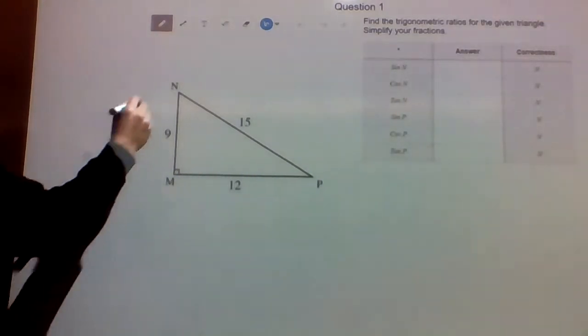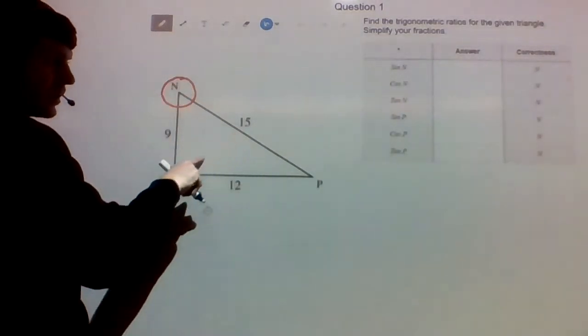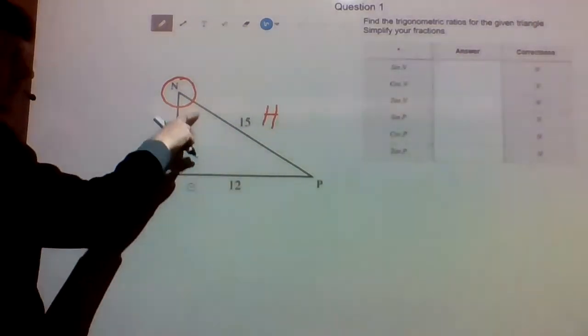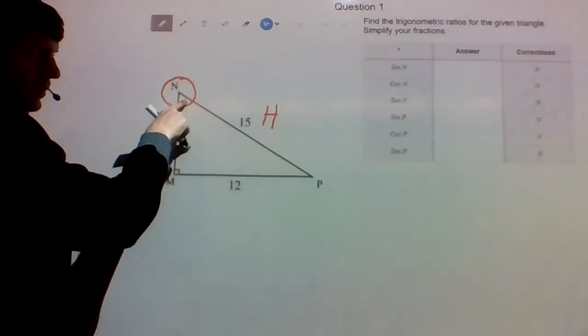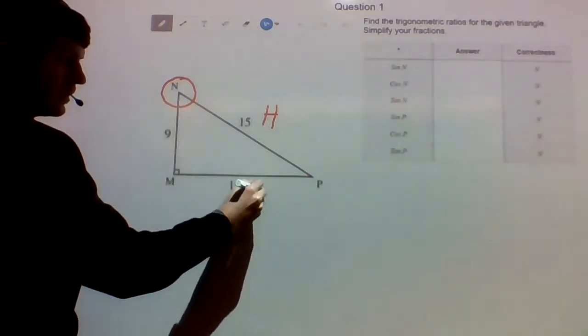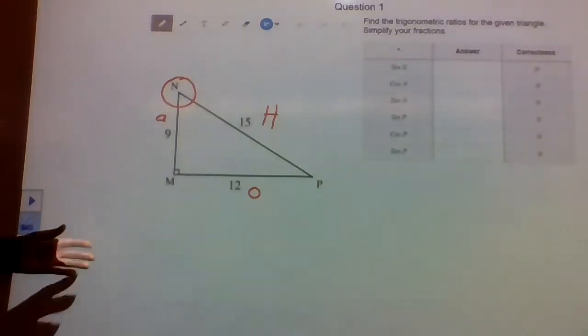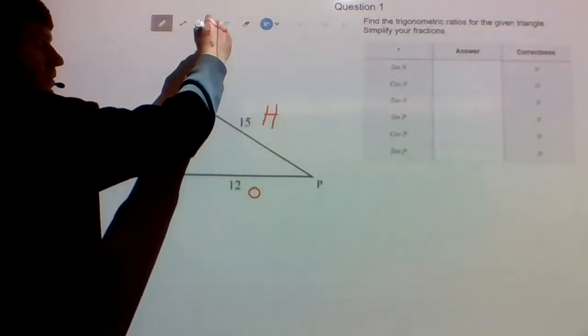So I'm going to circle n here. Okay, 15 is your hypotenuse. It's across from the right angle, the longest side. And then across from n, the angle that we're dealing with, is the opposite, and next to is your adjacent. So sine, again, if we use SOHCAHTOA,